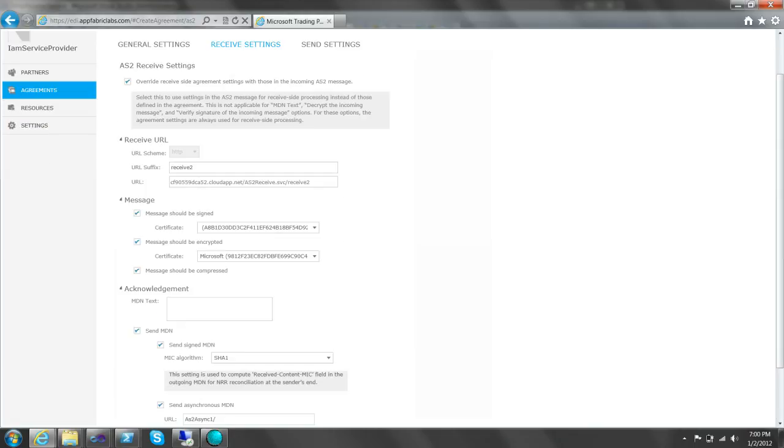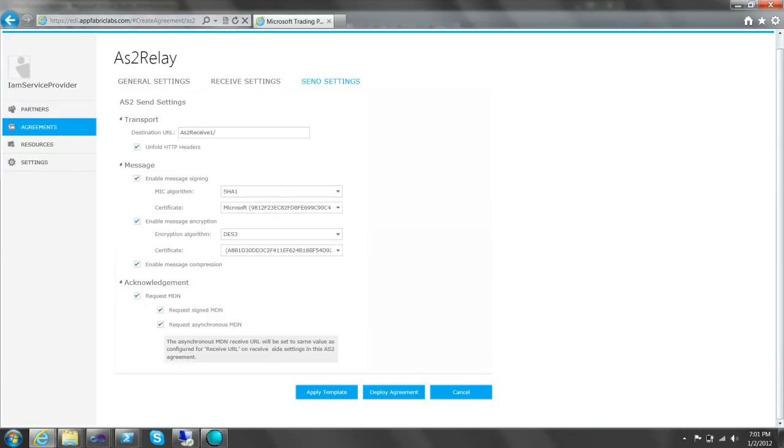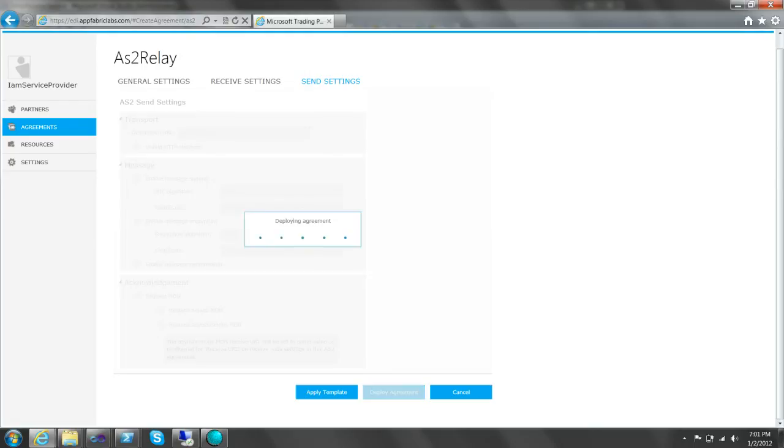And receive settings, send settings, both are done, and all of them are being configured properly. And this is the URL that the AS2 send will send to after the processing of X12, and these are all the settings it will take into consideration on doing the AS2 processing. So let's deploy this agreement,